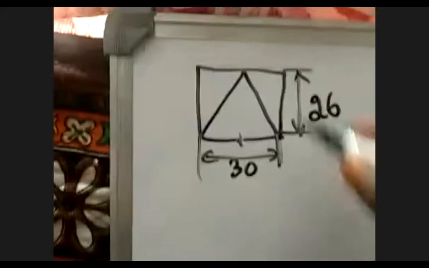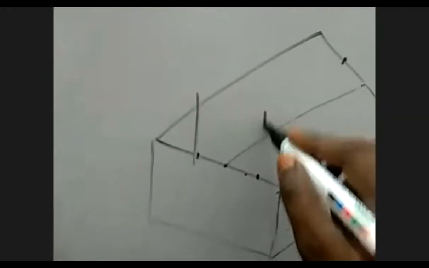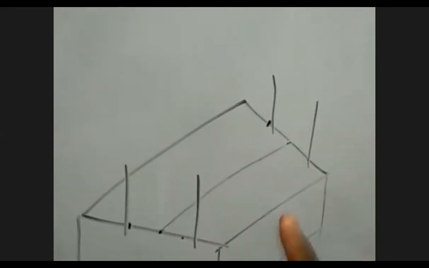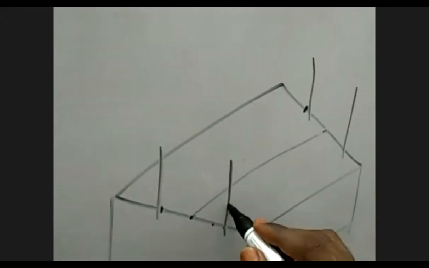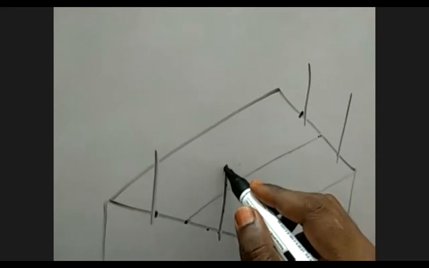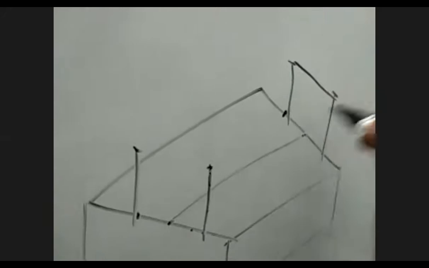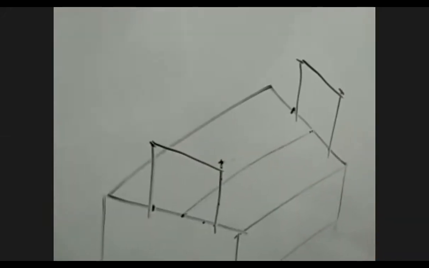Okay. What is the height? 26. From here, draw vertical line. This line height should be 2.6 box gap. So I mean to say 1, 2, 2.5 plus 1, 2.6. Like this, 2.6 box gap, you have to do it and draw one horizontal line like this.